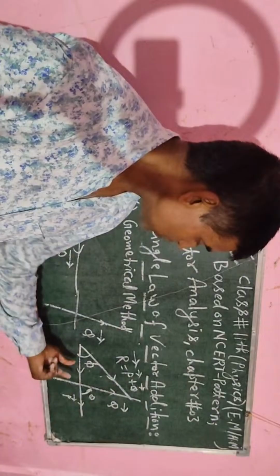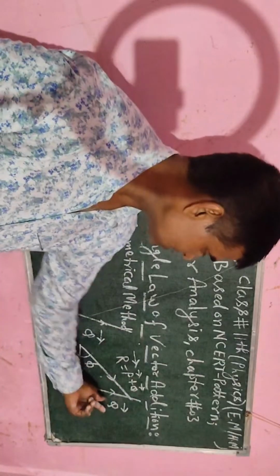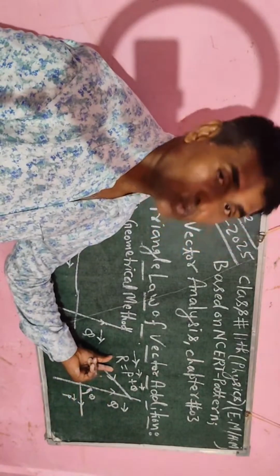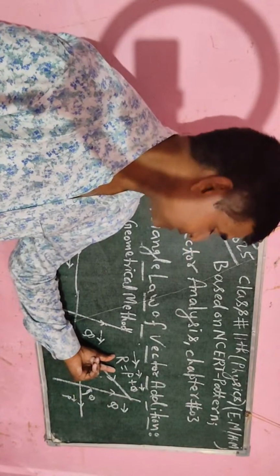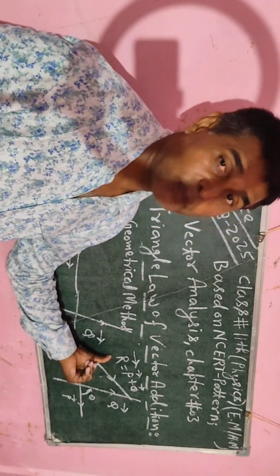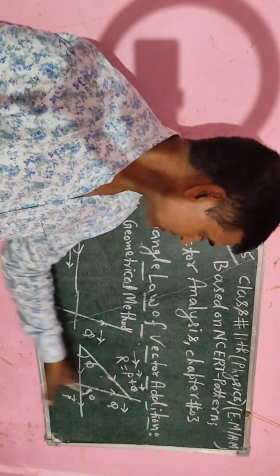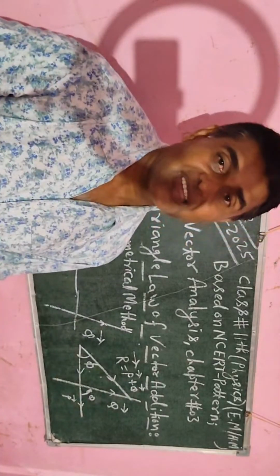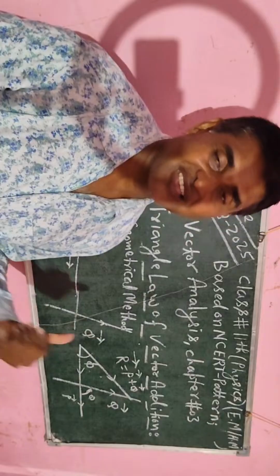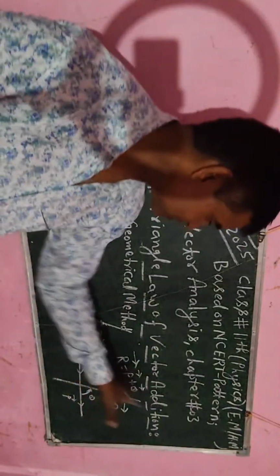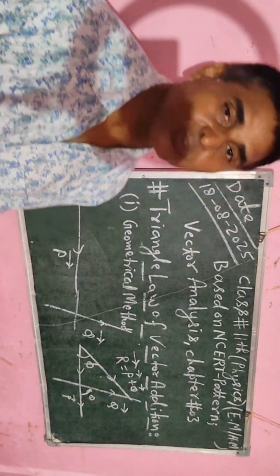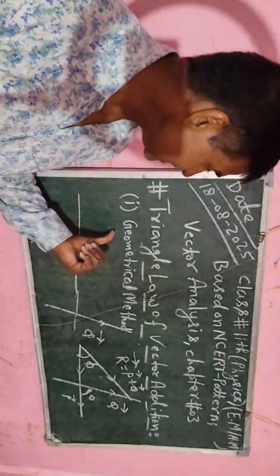यह वेक्टर एक्स एक्सिस के एलॉन्ग है, तो हम पॉजिटिव एक्स एक्सिस से एक थीटा एंगल बना रहे हैं। इस वेक्टर और इस वेक्टर का सम करते हैं तो एक वेक्टर मिलता है। उस वेक्टर को हम आर से लिखते हैं। आर वेक्टर का मीनिंग होता है रिजल्टेंट वेक्टर, माने परिणामी वेक्टर। तो इस तरीके से दो वेक्टर दिए जाएंगे तो दो वेक्टर का एडिशन कर सकते हैं। अगर सबस्ट्रक्शन दिया जाएगा तो दो वेक्टर का सबस्ट्रक्शन, इसका डायरेक्शन अपोजिट हो जाएगा।